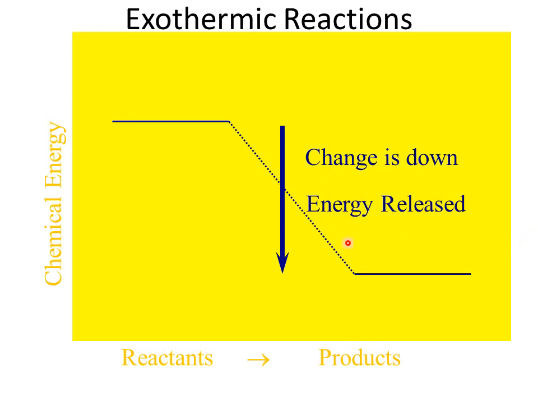So that energy is released, and it's released again as either heat, light, or electricity. Typically we talk about this as heat and things getting hot, but it can be any kind of energy release, any kind of energy change from those bonds that are chemical energy, stored energy, into some different type of energy that is released to the surroundings. So remember, exo means outside and therm means heat. So we're talking about heat going to the outside, so things feel hot.